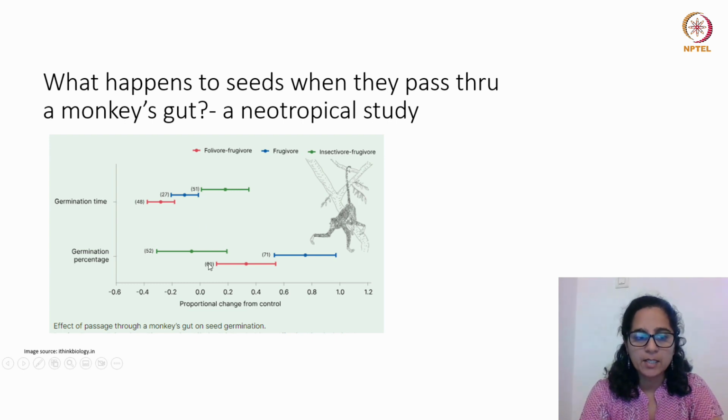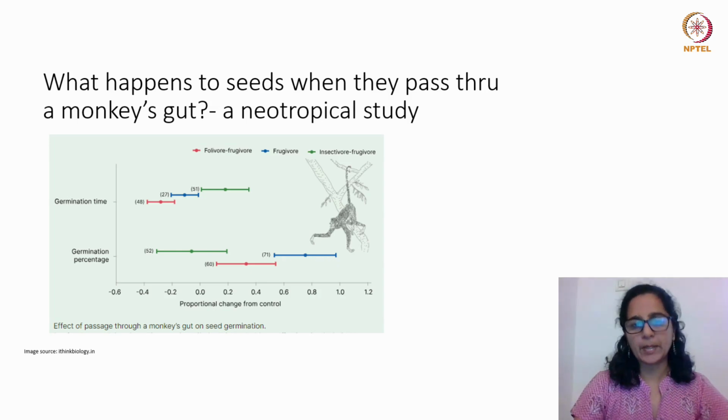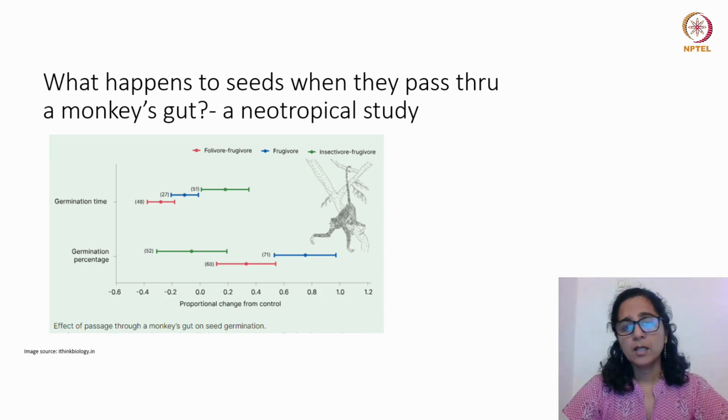But when you look at how many seeds actually germinated, they're far more than the control. So you look at it somewhere close to 80%. There is a variation. So this is the mean value, and these are error bars. This is the variation of the data point, or the spread of the data. So definitely close to 75 to 80% of all the seeds which went through monkeys get germinated,